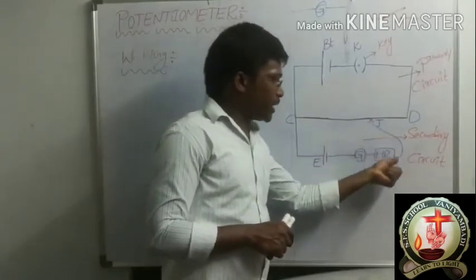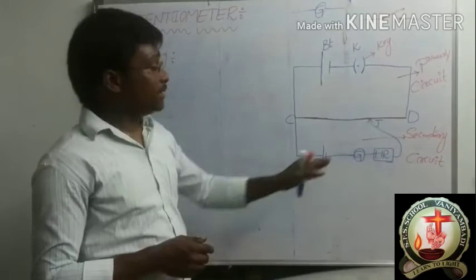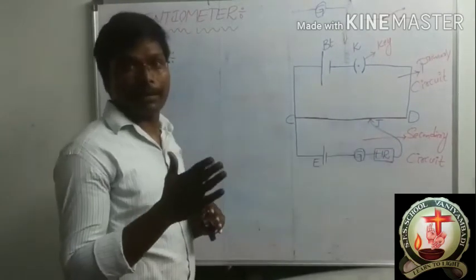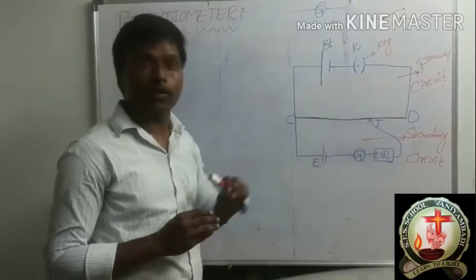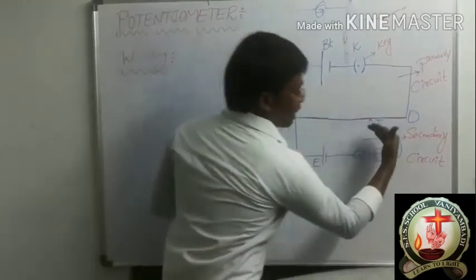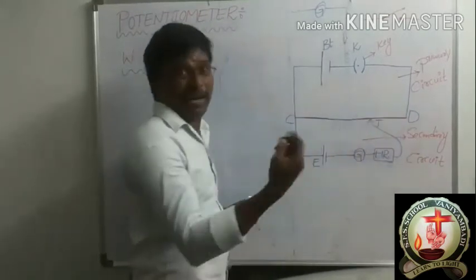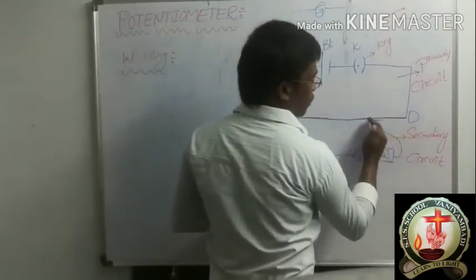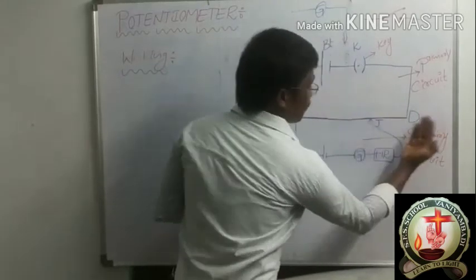this is the jockey, right? This is the jockey. The jockey is the movable part in this circuit. That means this jockey will move from here to here. This is nothing but a wire only. Okay, it will move anywhere. Suppose this jockey will connect here and here. It will move like this. Anywhere we can touch it.